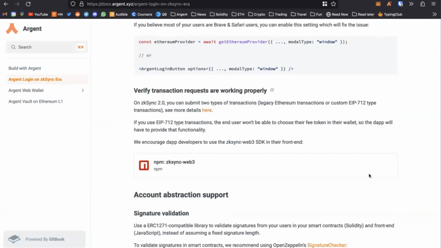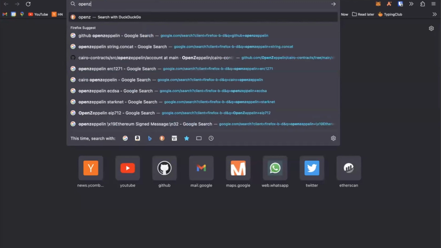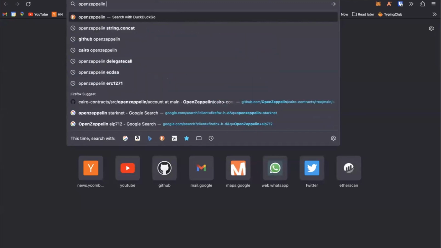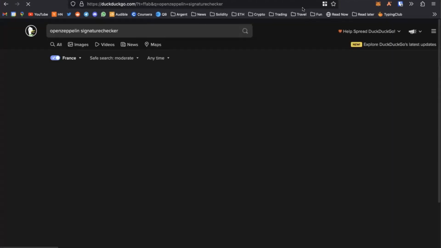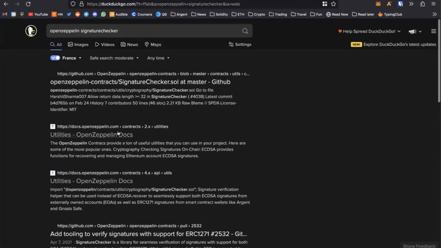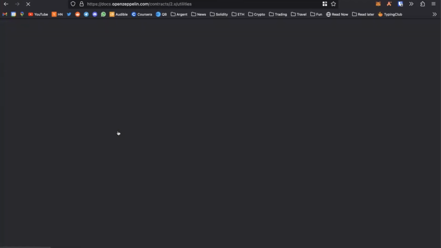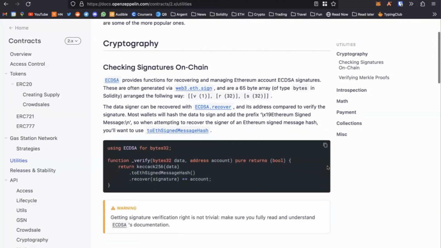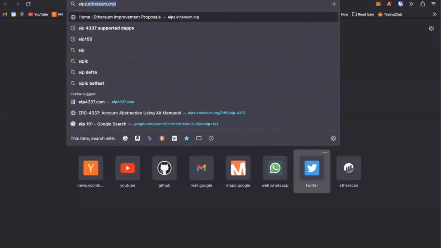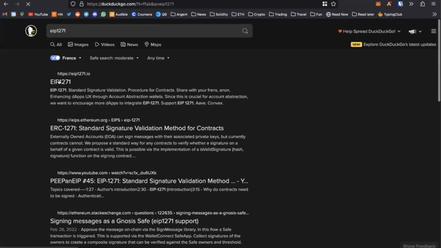Let me just move things around here on my screen. It's called signature checker. Just a quick question from my side. So the account contract should adhere to that interface to be compatible with the signature. Is that right? Yeah, that's what's called EIP 1271.